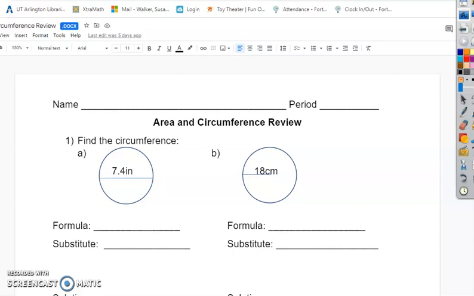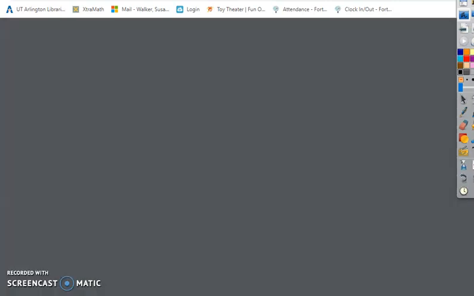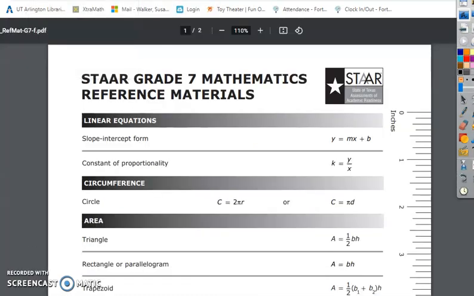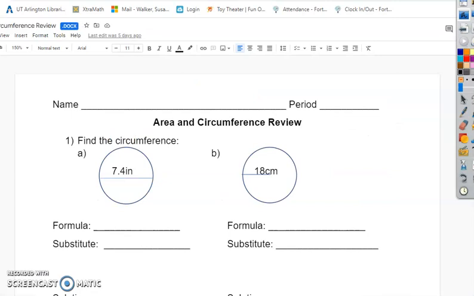Everyone, we are going to be working on the area and circumference review. So make sure you have a formula chart in front of you. So we'll move this a little bit here at the top. Okay, so